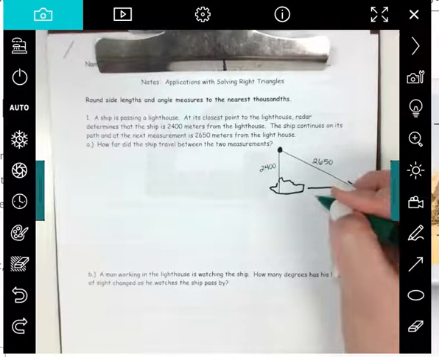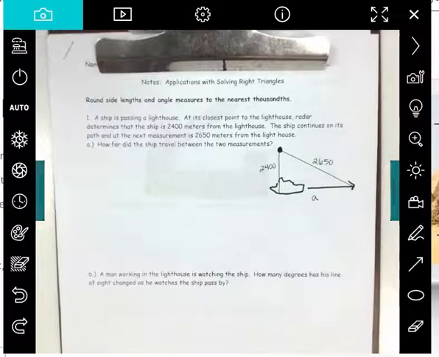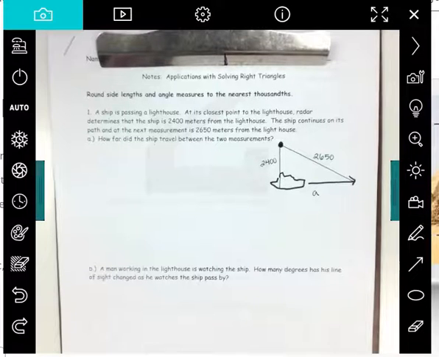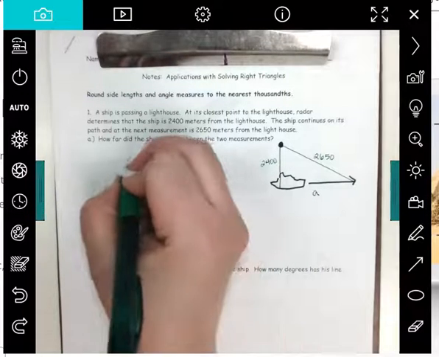Well, that would be this side here. I'm going to call it A. Now remember, angles get capital letters, sides get lowercase letters. We talked about that yesterday. Do I do trig or Pythagorean theorem? Pythagorean theorem. So I'll do a squared plus